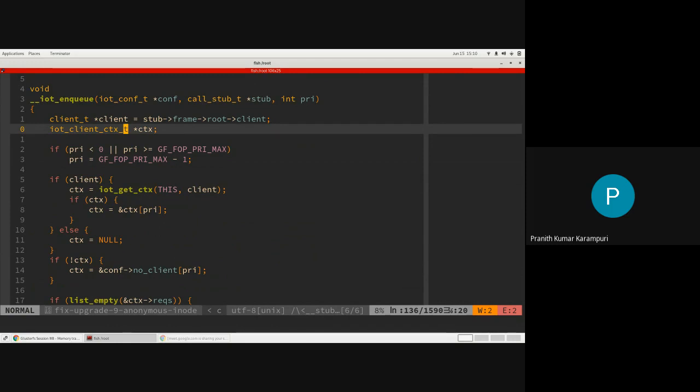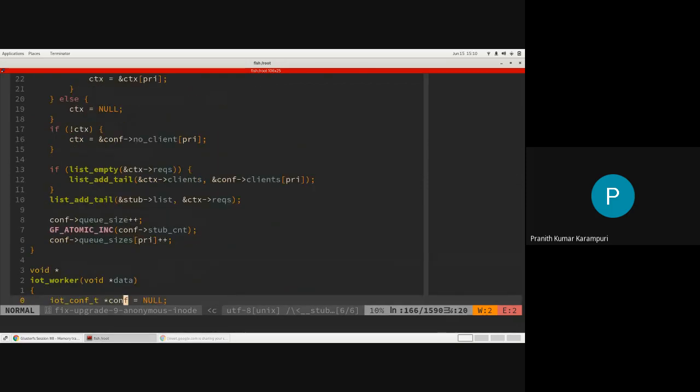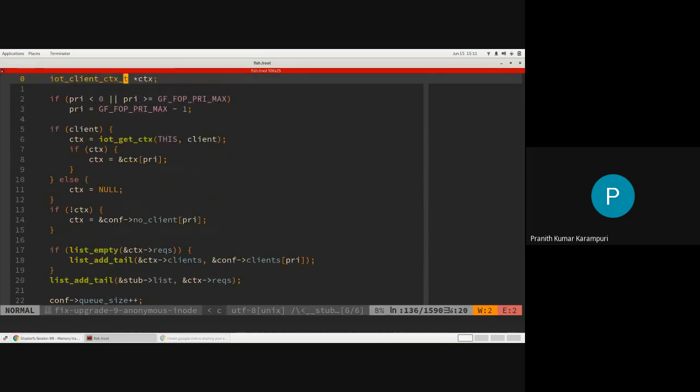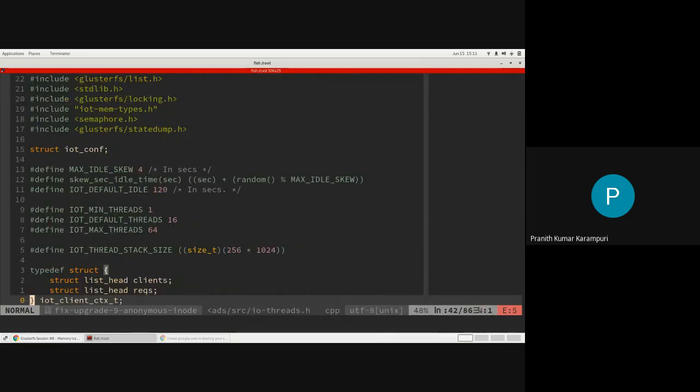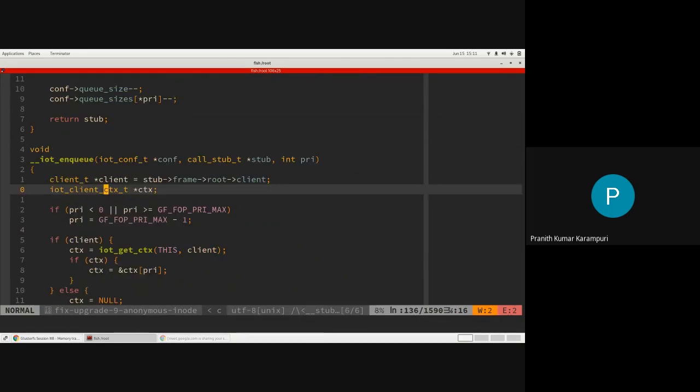One second. Okay, so there is a per client thing also that is happening here. But yeah, so each of these contexts, let me show this one. So there is a list of clients, and then there is a list of requests where it is getting added.